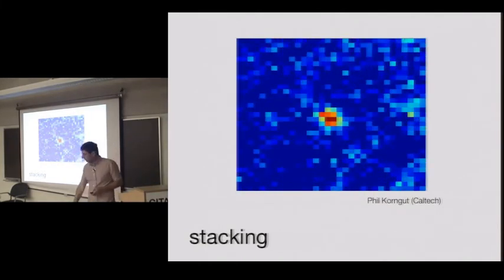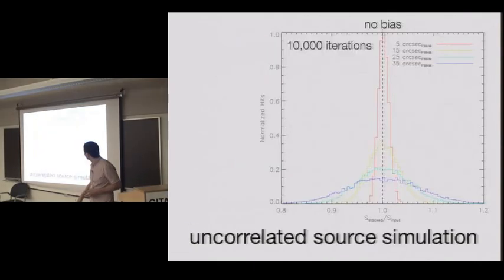Now I'm going to stress this point here. The key to why this even works in the first place is that if you have no clustering, which is fiction, this stuff doesn't exist, but if you had no correlations, then the fact that these sources are overlapping will not bias the result. And this I show by showing the stacked output over the stacked input. And one means that you're unbiased.